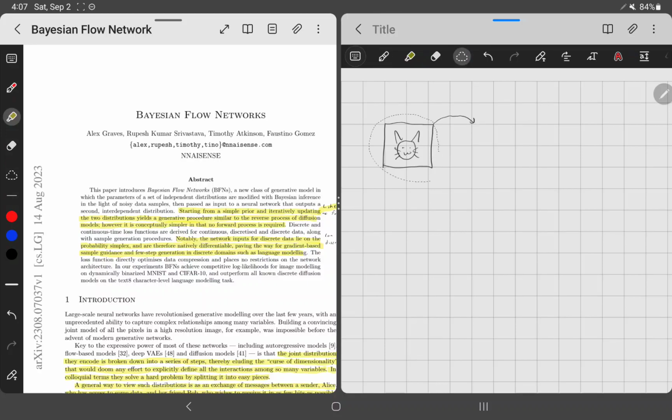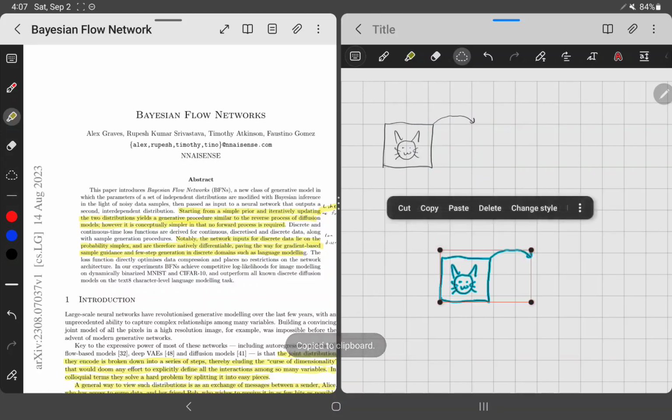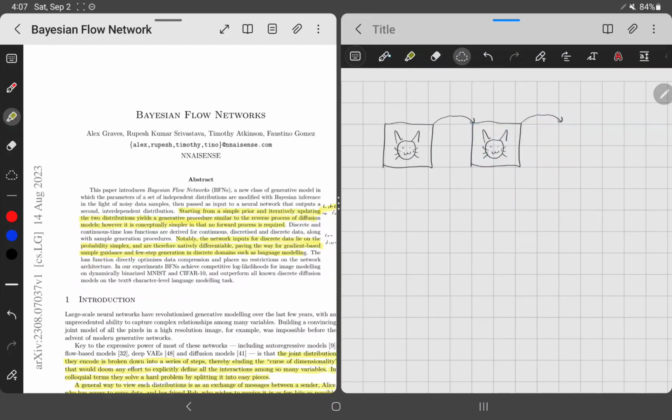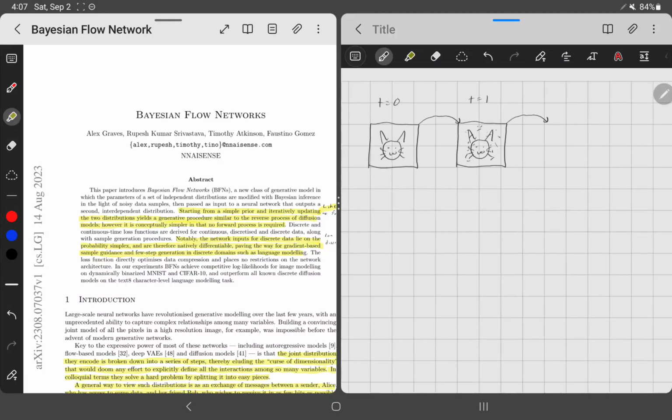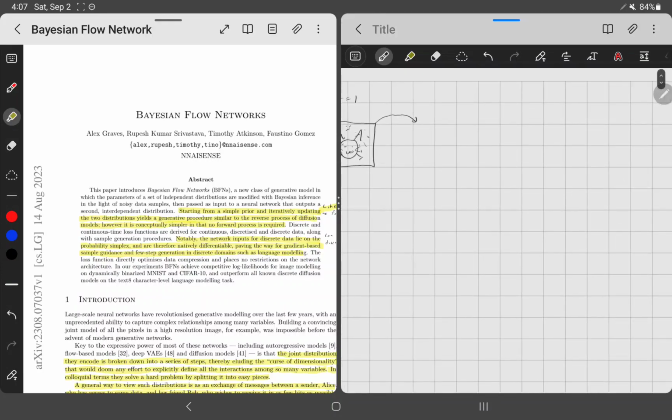So let me add some noise to this image. There we go. And add a little bit of noise, and there we go, a little bit noisy image. So this may be time step is equal to 0. This may be time step is equal to 1. And a diffusion model will do this for theoretically infinite steps. However, you don't need to do it for infinite steps, and it goes to a high enough amount of steps